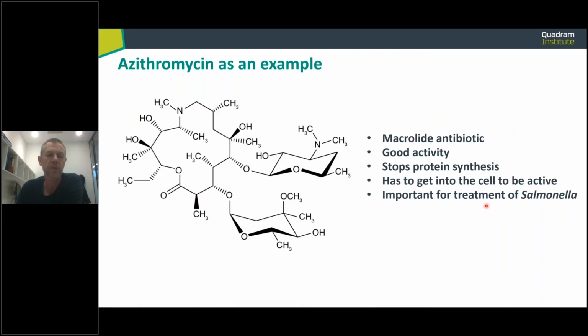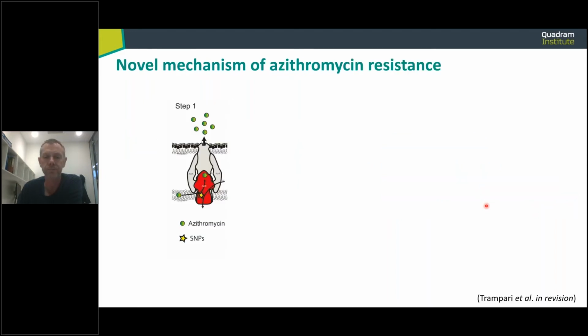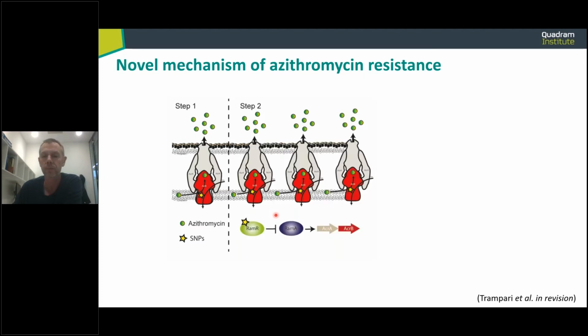So just the example of the azithromycin data. Azithromycin is a macrolide antibiotic. It acts inside the cell, so it needs to get inside to cause its effect by attacking the ribosome, and it's important for salmonella. What we found in our results, if you remember, you saw a first step and then a second step selection of resistance, and we found in our first step mutants they all had, in different lineages, a change within AcrB. AcrB is an efflux transporter that pumps out antibiotics, and we know it can export azithromycin, and they all had a change within this pump, which we interpret to make the pump better able to export the antibiotic.